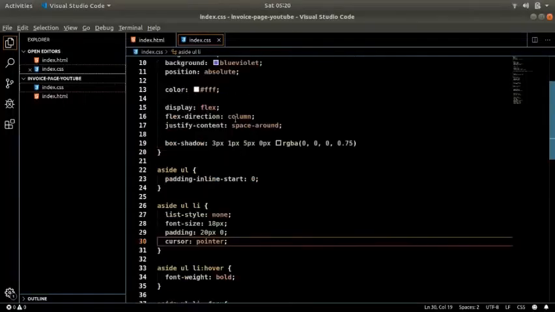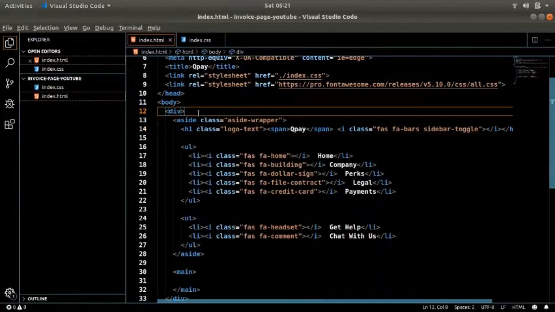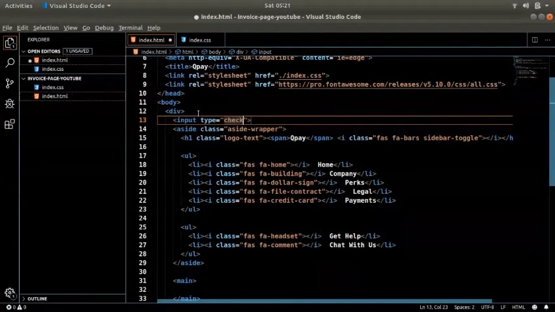For that, now pay attention over here. I will add one input. Input type will be checkbox.